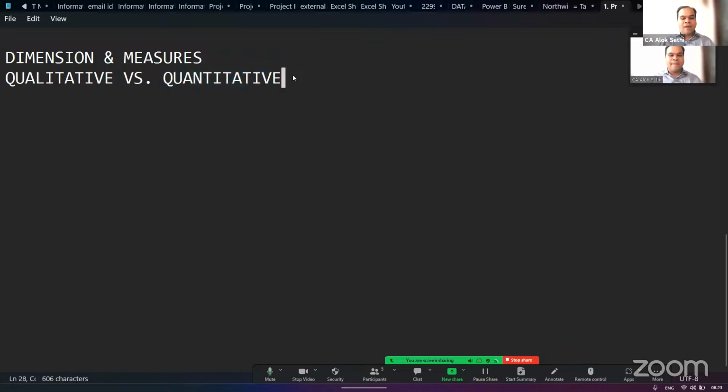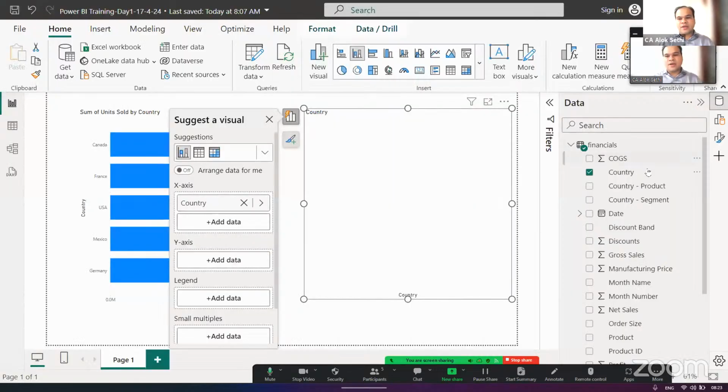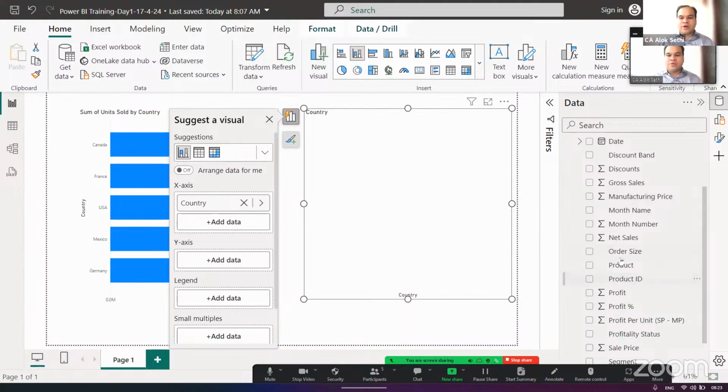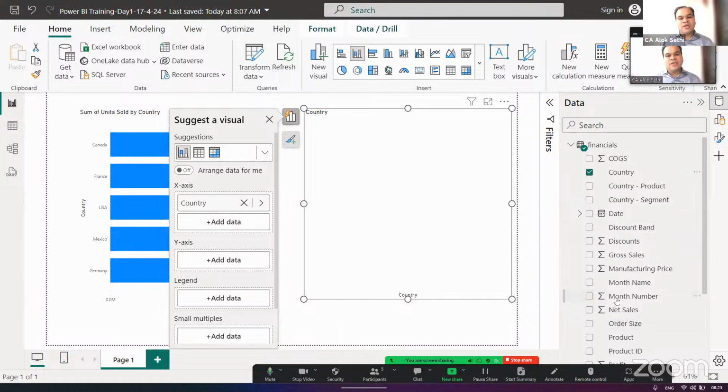क्वांटिटी की बात कर रहा है। तो जब हम कंट्री की बात कर रहे हैं, तो कंट्री में क्या होगा? कंट्री के नाम होंगे। जब हम बात कर रहे हैं प्रोडक्ट की, तो प्रोडक्ट के नाम होंगे, सेगमेंट के नाम होंगे, डेट है तो डेट्स होंगी, प्रोडक्ट आईडी है तो प्रोडक्ट होगा, ऑर्डर साइज। अब जो ऑर्डर साइज है ये भी क्या है? क्वालिटी बता रहे हैं कि स्मॉल ऑर्डर है, बिग ऑर्डर है या मीडियम ऑर्डर है। बट जब हम बात करेंगे प्रॉफिट की, सेल्स की, डिस्काउंट की, तो नंबर होगा, मेजर होगा।